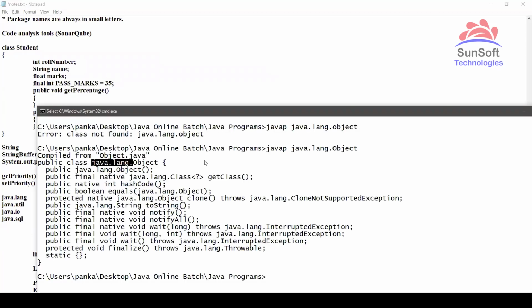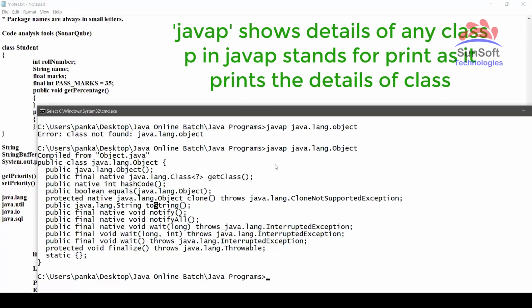Similarly, let's see the other naming conventions. Fine, the class name starts with a capital letter, fine, the package name is all in small letters, that is also fine. But other things, like if it has some methods, see there's a method called hashCode. It starts with a small letter h and the next word's first letter C is capital here. clone is a function, so only a single word starts with small, but toString, two words, S capital. It will show you details about any inbuilt class.